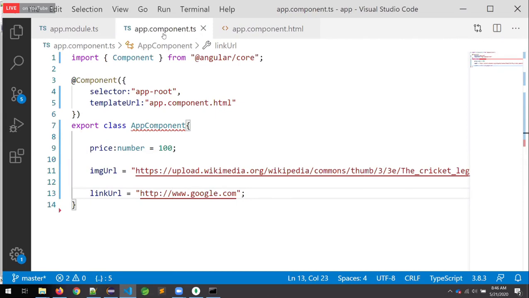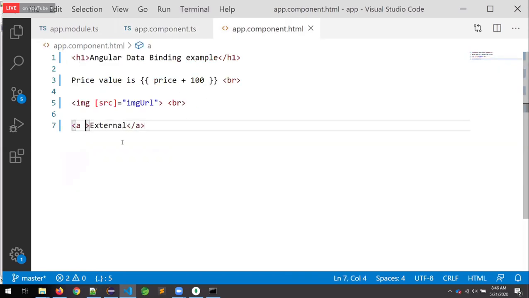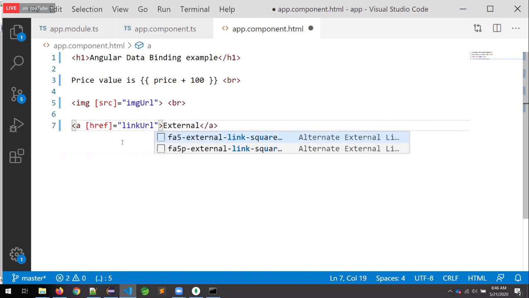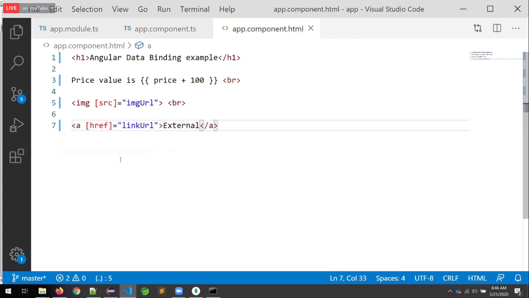Very good, Basha. Very good, Pradhan. So this is the way we are going to do it. Here I am going to configure a little bit of change: href equal to the variable name, link URL. So this is the way I can manage the things.